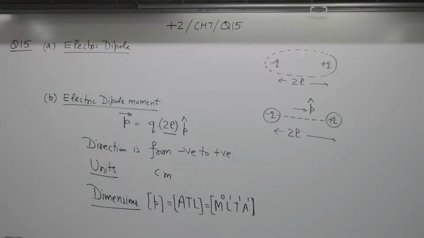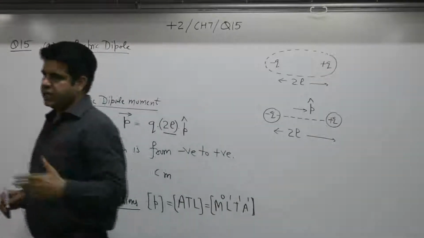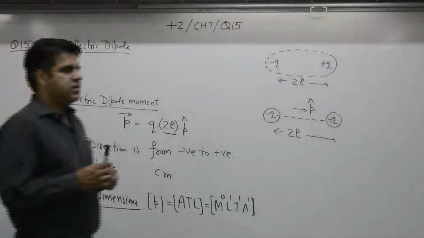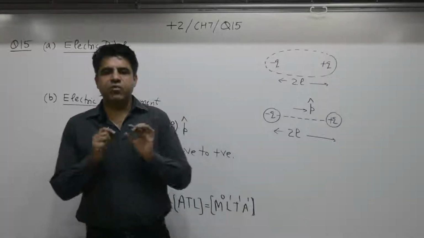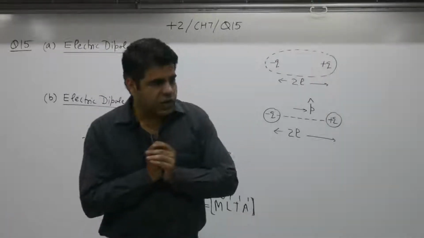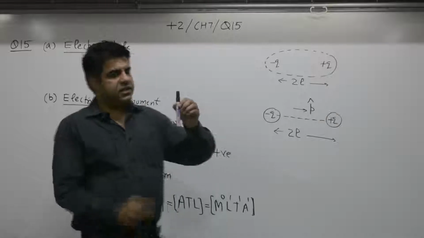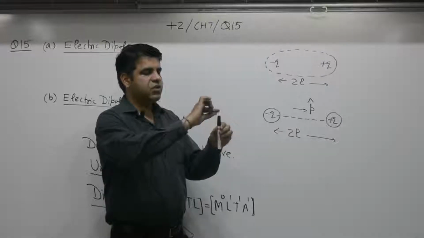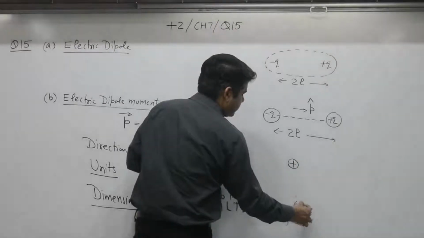This is what the electric dipole moment means. C and D, what does Q1 plus Q2 signify? In any molecule, if the sum of the two is 0, we can treat this as a dipole. And the D part deals with symmetry. What is the ideal dipole? Charges are high and the distance between the two is small. In a molecule, the distance between positive charge and negative charge is of what order? Angstrom. Very, very small. What type of symmetry is there? For example, if I mark it like this, negative and positive, lines come out of positive and end at negative. If I see the symmetry is